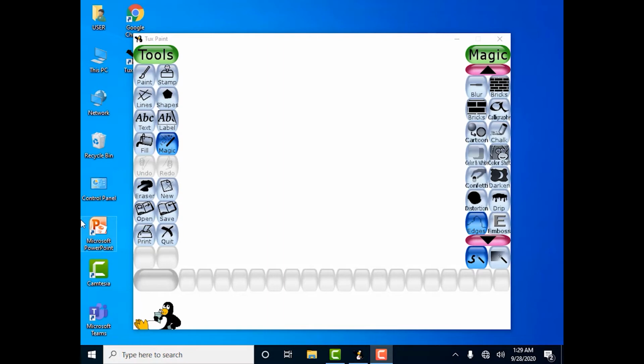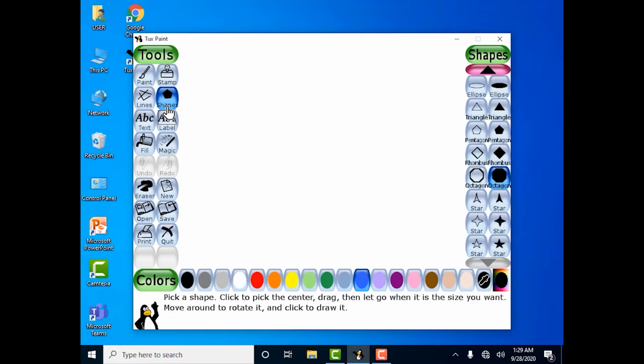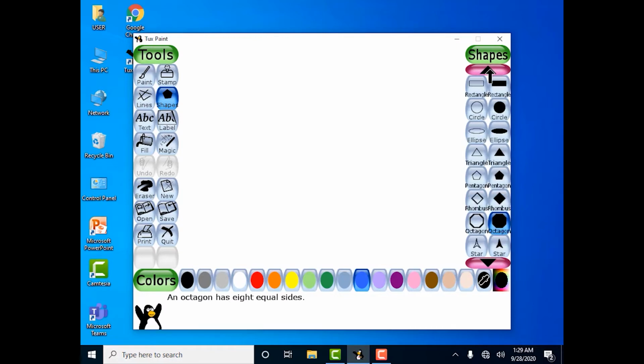Select the Shapes tool from the toolbox. Select square from the subtool box on the right hand side. You can either choose a blank square or a filled square. Bring the mouse pointer to the drawing area.